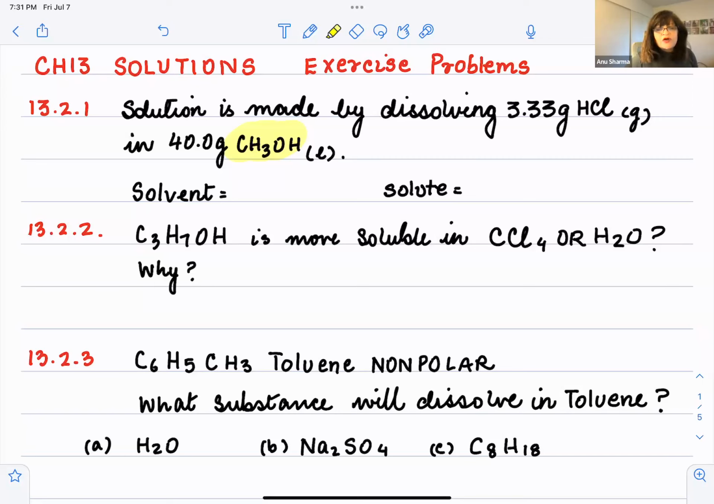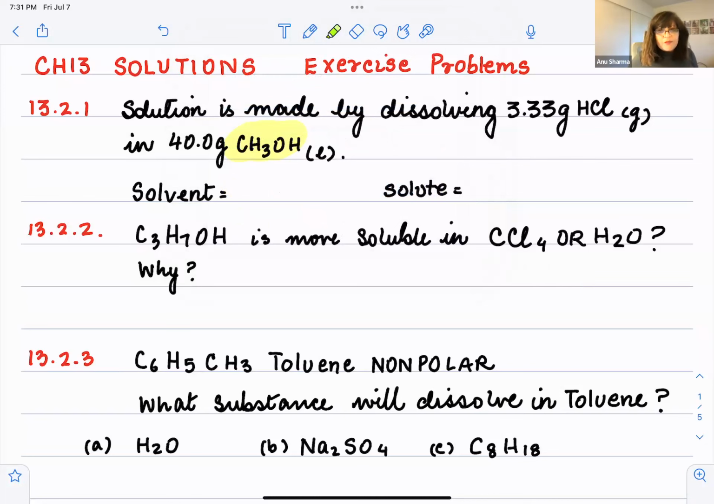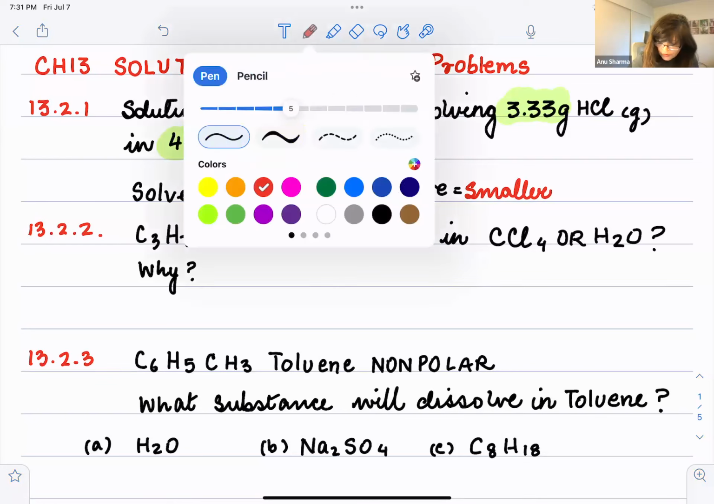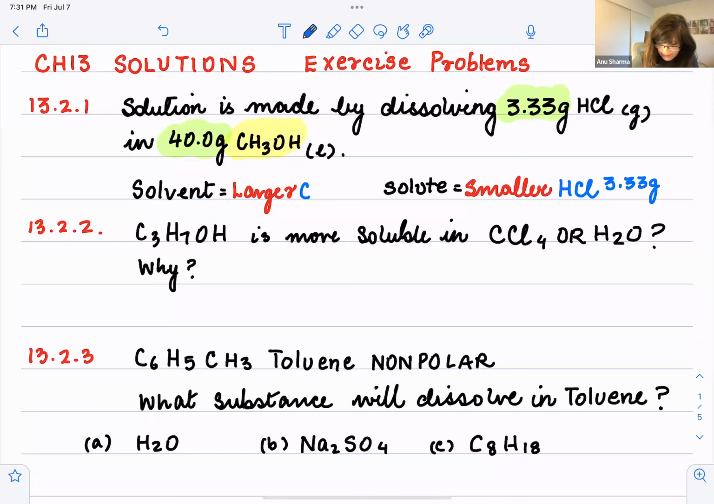So identify what is a solvent and what is a solute. Now keep this in mind: the solute is always going to be in a small amount. So 3.33 is a small amount in comparison to the larger amount of 40.0 grams. The solvent is always going to be in a larger amount, and the solute is always going to be in a smaller amount. So the smaller amount of solute is the HCl. As you can see, it's only 3.33 grams, very little in comparison to the larger amount of methyl alcohol,